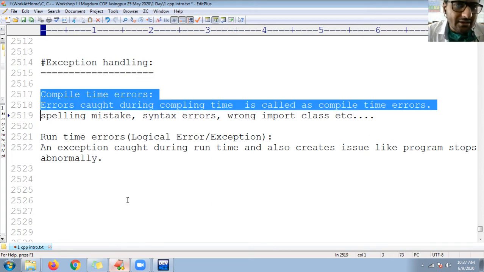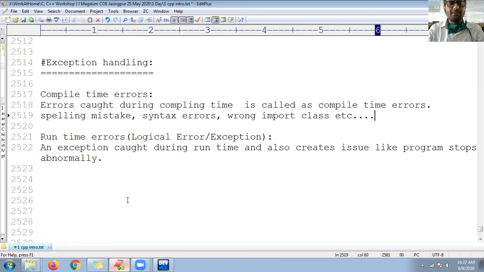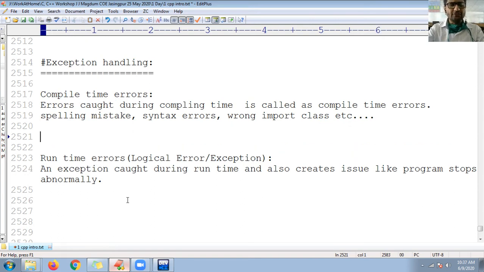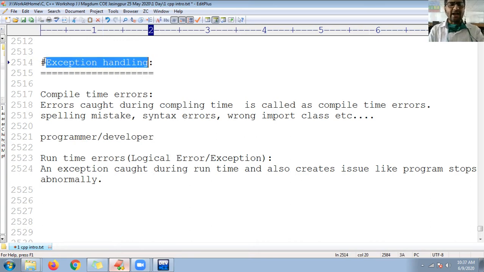So compile time errors are the responsibility of the programmer. Who is responsible for handling compile time errors? These can be taken care of by the programmer, or you can handle them as the developer. Runtime errors you can handle by using exception handling techniques.